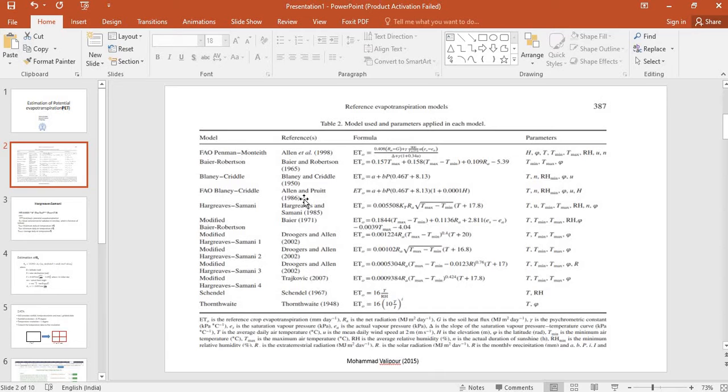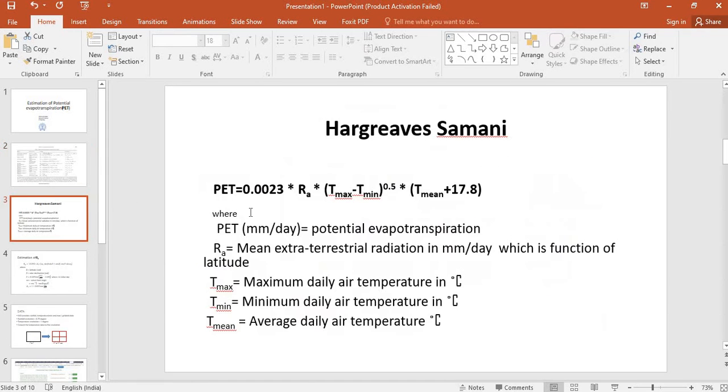If you see the parameters or the input needed for most of the methods, it is the temperature. In the last column in the parameters, you can see all these methods. These are the radiation based methods, so all these methods need the temperature data, and based on the complexity, some of the methods need some extra data. Coming to the focus of this video, that is estimating the potential evapotranspiration using only temperature data.